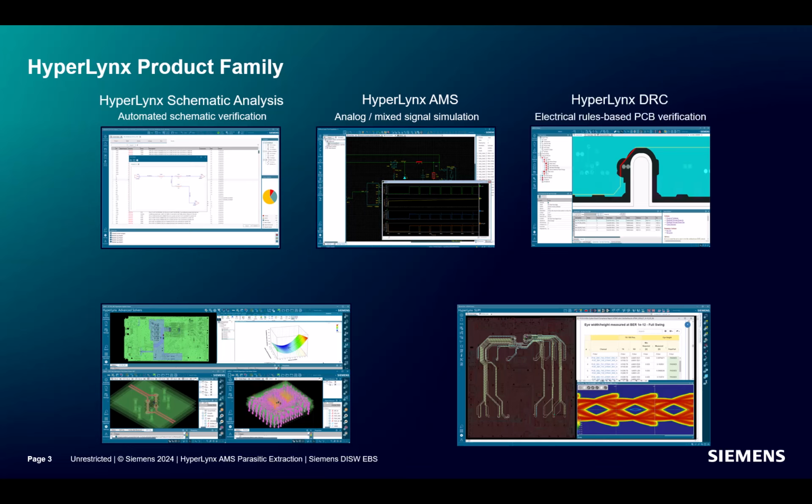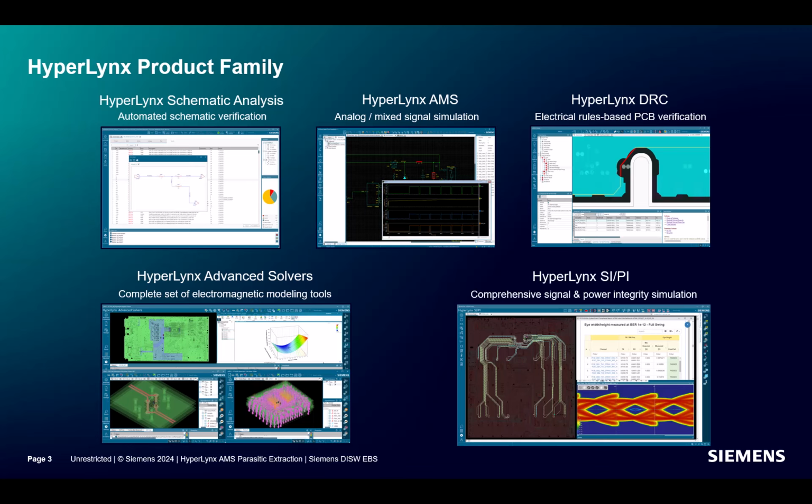Hyperlinks DRC, which provides fast, rules-based design checking of PCB layouts. Hyperlinks DRC can identify layout issues in a fraction of the time that simulation requires. Screening designs with DRC before investing in detailed modeling and simulation will help speed your design cycle. Hyperlinks Advanced Solvers, which provide accurate 3D electromagnetic modeling of PCB structures and are seamlessly integrated with Hyperlinks SI and PI to provide complete front-to-back analysis flows.